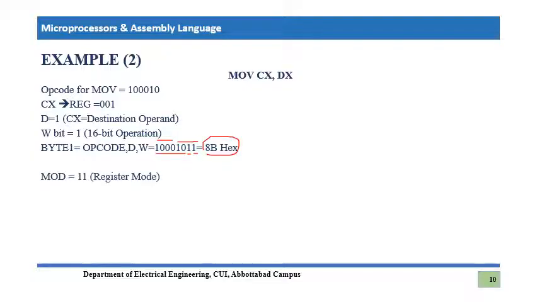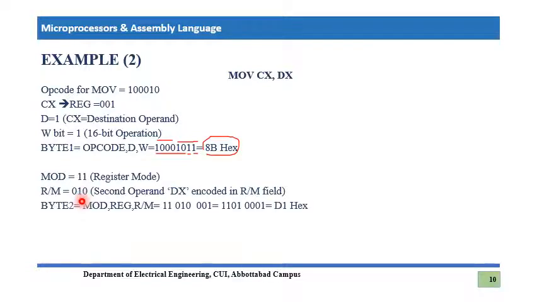Let's go to the mode. It's again register mode because both of these operands, CX and DX, are registers, so no memory mode, so mode will be equal to 11. Since CX is already encoded in the REG field, the remaining operand is DX, and DX is going to be encoded in the r/m field. The code for DX is 010, and you can see it in the table as well. So byte 2 will be mode, register, r/m. Mode is 11, register is